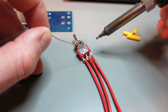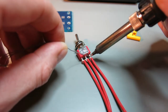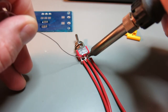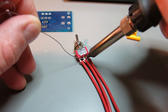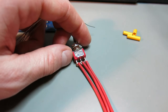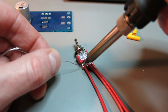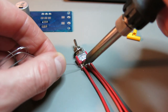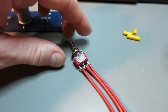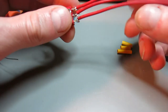So when you're soldering these big components as switches, you need to hold your heat a bit longer than usual. So you need to heat up the pad and let the tin flow onto a terminal like this. So next I'll do a center one. Okay, and the last one. Okay, so this is good enough, and I have these three heat shrink tubing, so